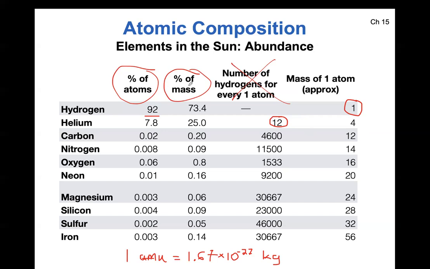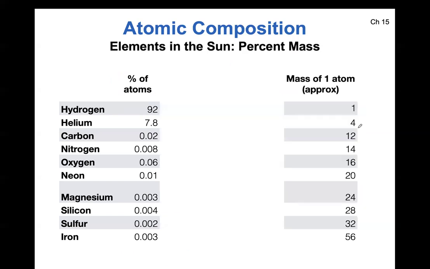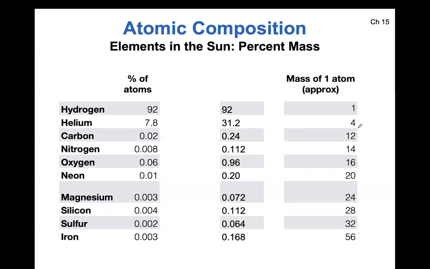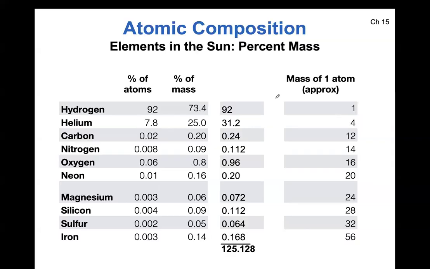Okay, but that's the reason right there. That's the reason that the percentage of mass can be so low for such a high percentage of atoms, because each hydrogen is so light, has so little mass to it, right? Helium's 4 times more massive. Every single atom is. Carbon's 12 times more massive. And so then this last column here is just looking at the,